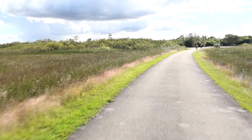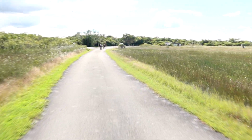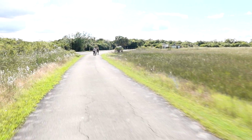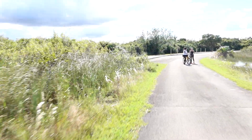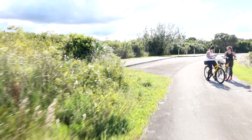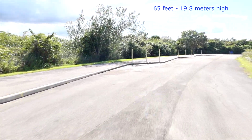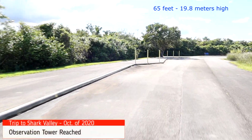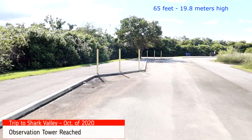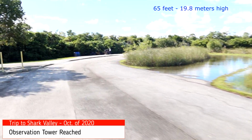But anyways, I have reached the observation tower, and it has been approximately 11 kilometers from the visitation center, and the observation tower is about 65 feet high. If you convert that into meters, divided by 3, it should be approximately 22 meters height. And I see that